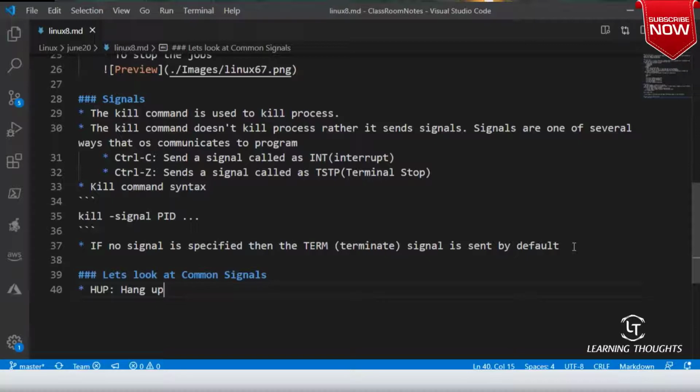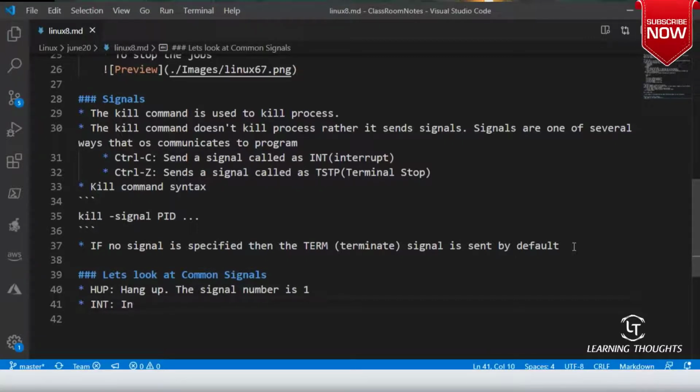We will not generally use it, but it could be asked as a scenario. Every signal has a number. Hang up, the signal number is 1.